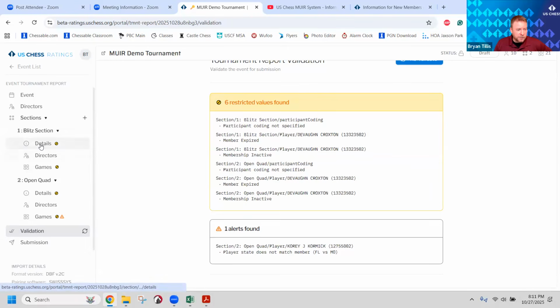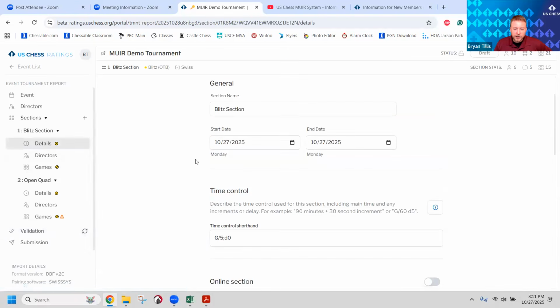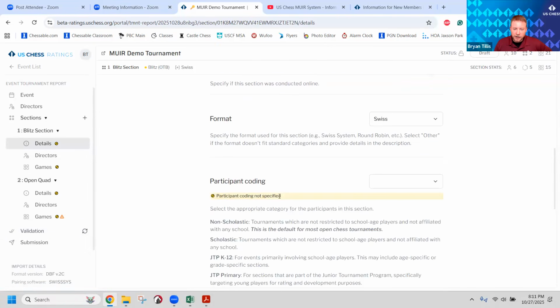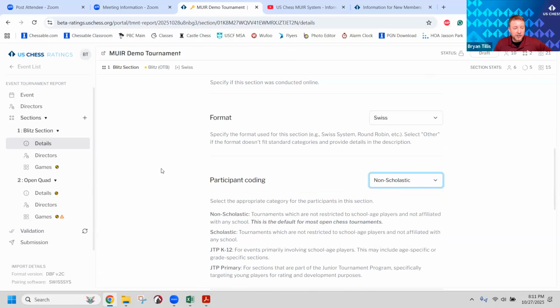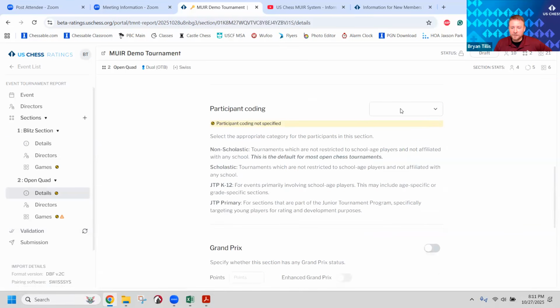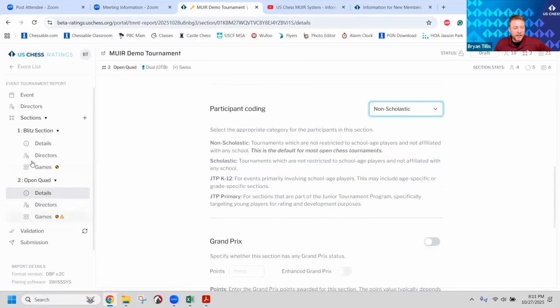In order to fix participant coding in details, it has this nice highlight telling me that I have forgotten to do this. And being it's all adults, it's a non-scholastic event. So I could fix that in both sections here. And as I fix it, those errors are going away. And as I won't be purchasing a membership for Devon at the moment, we'll just go ahead and go to